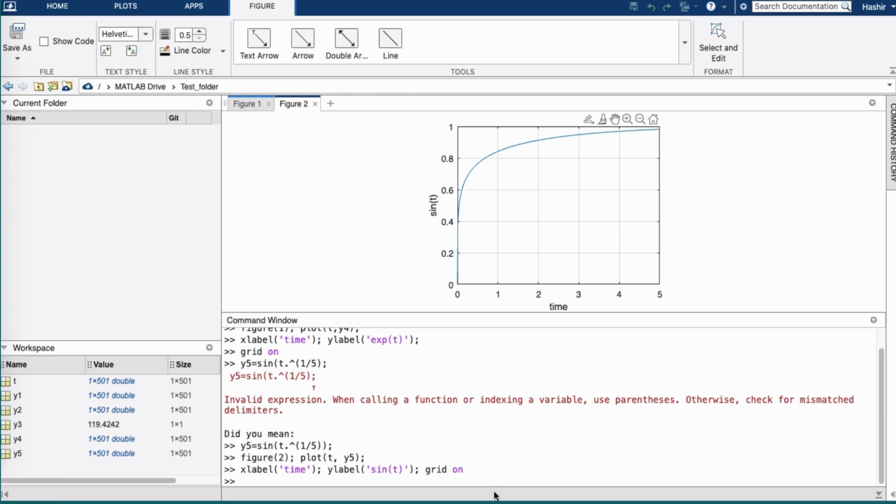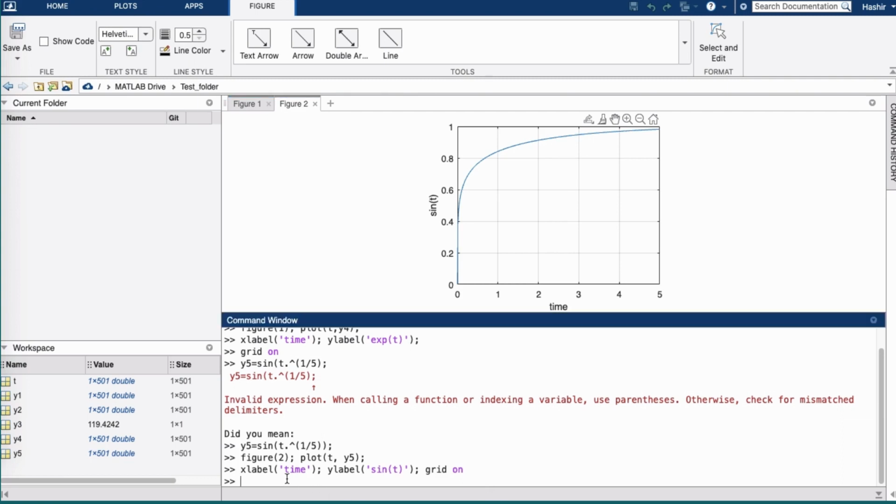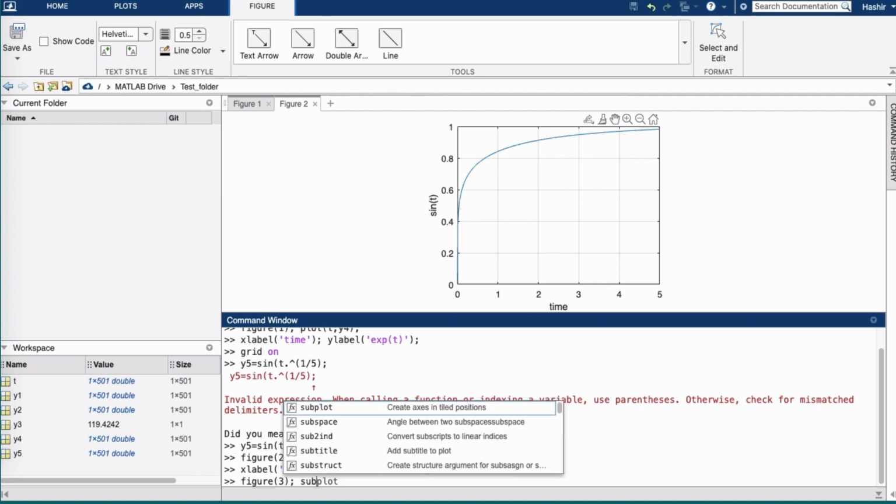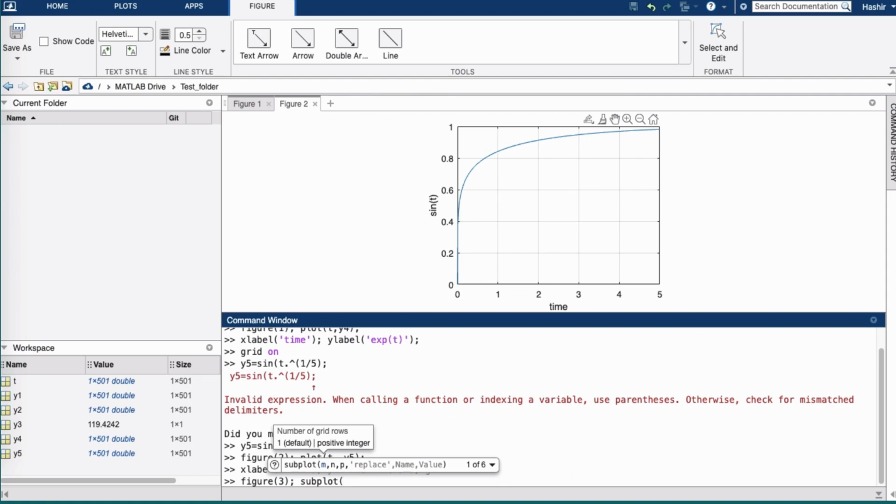We have a function, subplot, that gives us the choice to plot these two things together. I don't want to override this figure, so let's say figure 3, and I want to subplot 3, 1, 1,